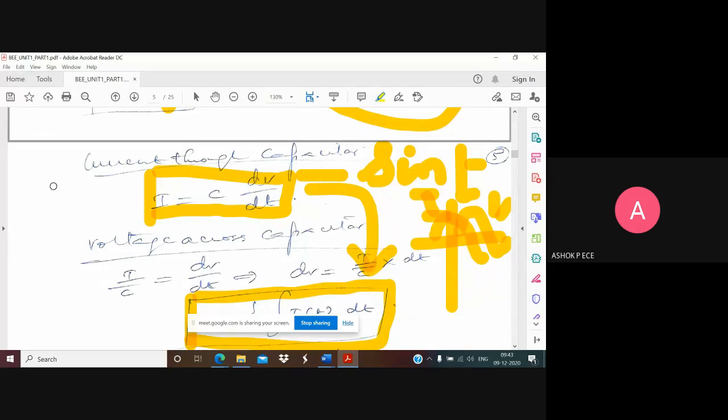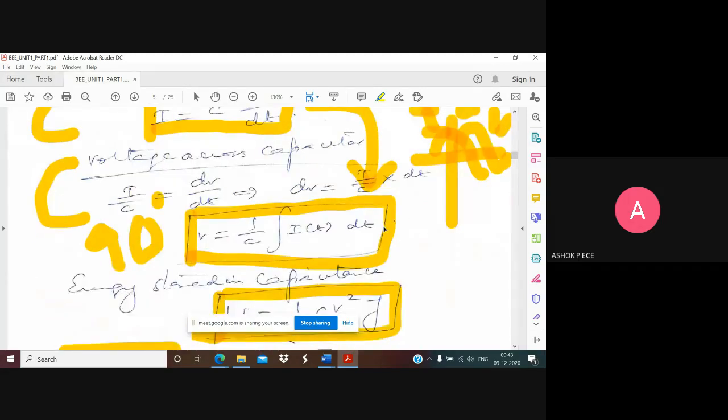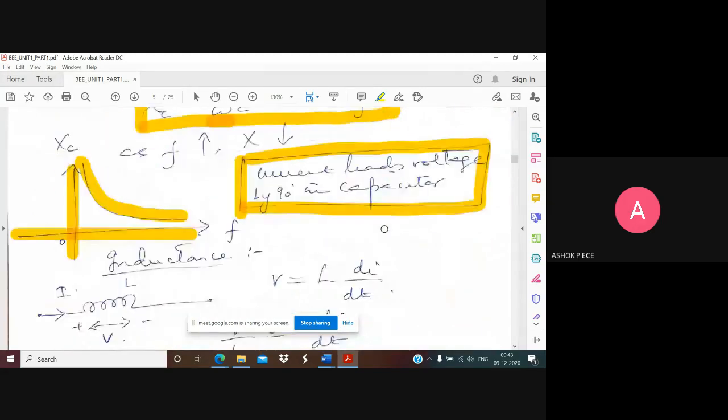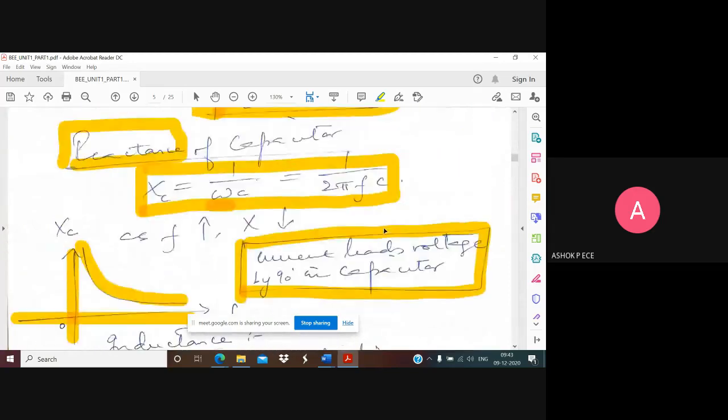One shortcut: capacitor also C, current also C. So in a capacitor, current will lead. That's all. So for an inductor, naturally, what is remaining? Voltage will lead. So that way you can remember it very easily. C for C. Remember, in a capacitor, current is going to lead. And the angle is going to be always 90 degrees, because for sine and cos, the phase angle is going to be 90 degrees. Is the basics of capacitance clear? Any doubts in capacitor?